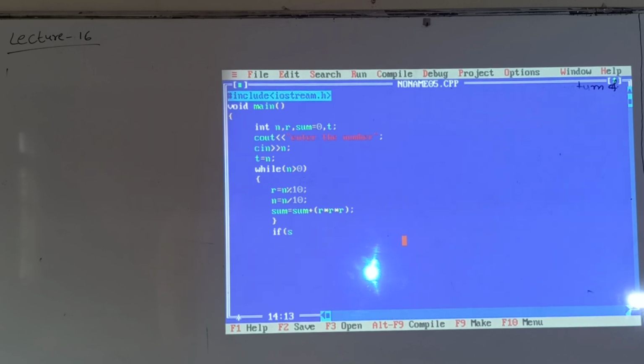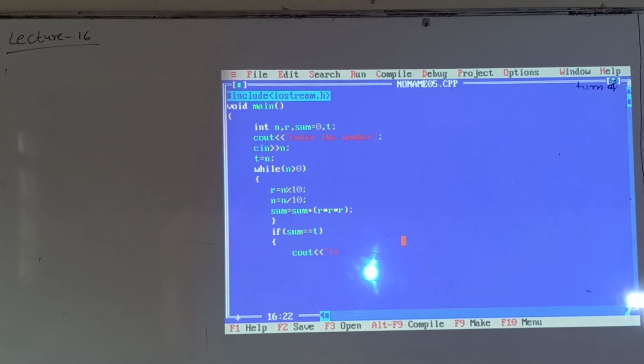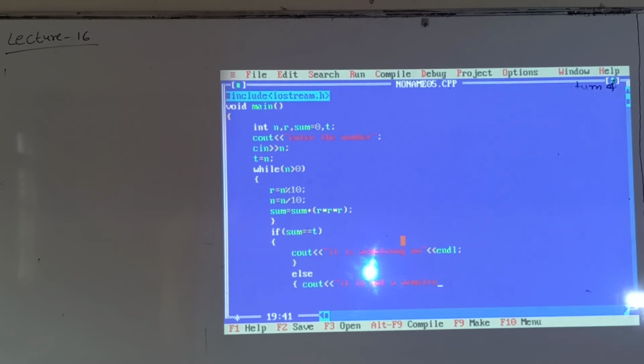If sum is equal to t, cout, it is an Armstrong number. Else, it is not an Armstrong number.